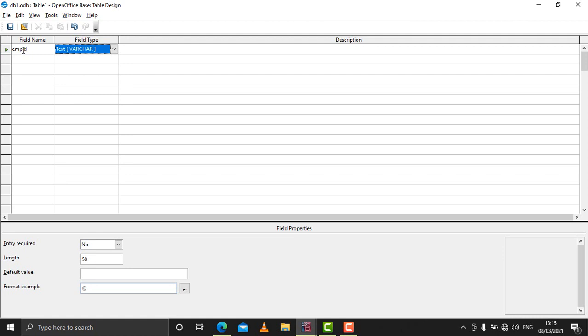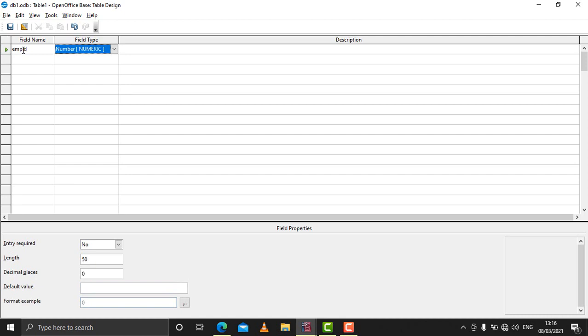Field type means the type of data which will be entered in that particular field. Whether that employee ID will be a number, or characters, or a mix of numbers and characters, or some different type. So we have to specify which kind of data will be entered in that field, and that is done by defining the field type. Here we have to enter number. If I press N, number will come, numeric.